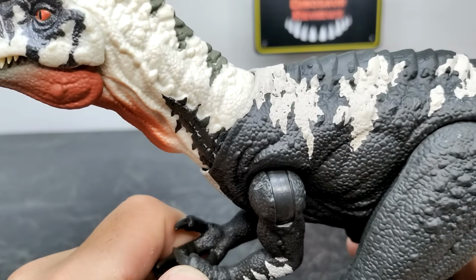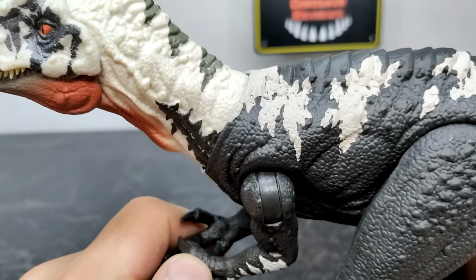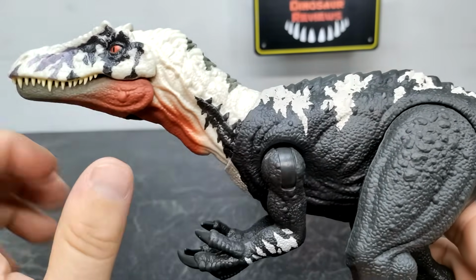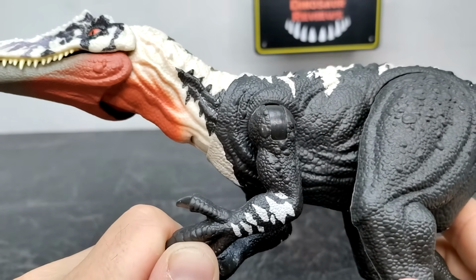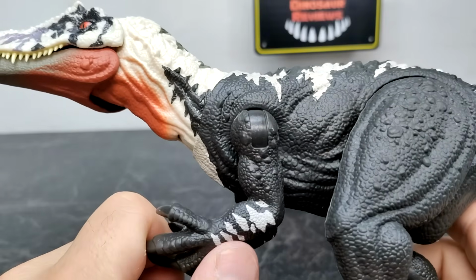The skin texture, again, continues to look really nice. You've got some osteoderms popping up here and there, mixing with some nice scales. You obviously could see we do have neck articulation, again, part of the action feature. But as we move down into the arm, again, the skin texture looks super impressive, really vibrant. We do have the black for the arm, but as you move down, you have some more of that white